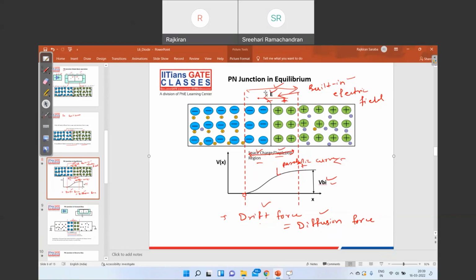And also we have seen, because there is an electric field, there is a built-in potential. Potential is nothing but the opposition for the carrier to move from one side to another side, right? And also we have derived the